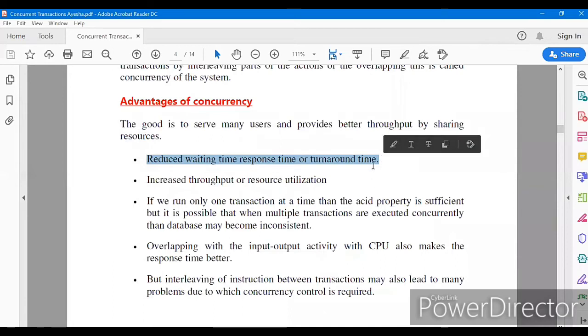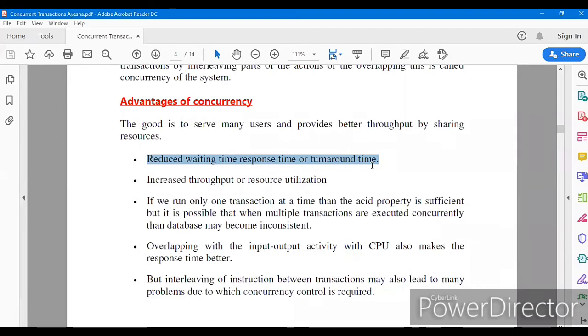For example, if I am the teacher and multiple students come to me for their doubts, and one person requires 4 hours and another requires 10 minutes, I may take the operating system algorithm shortest job first. I will take the 10 minute student first and then the second student. Why? Because the waiting time would be only 10 minutes for the person whose doubts have to be cleared in 4 hours, since a lot of concepts have to be discussed again.